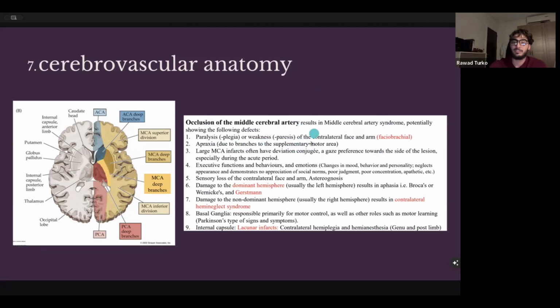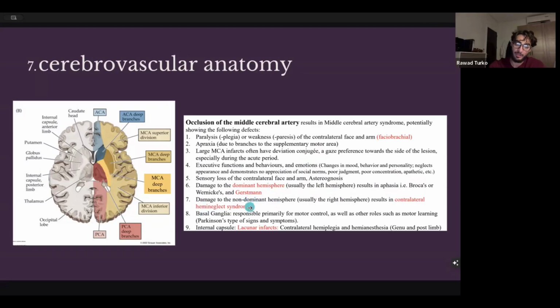Apraxia, again because of the supplementary. Just think about the cerebrum that we studied before. All of the Brodmann areas there that could be affected by an MCA stroke, those are the signs that you're going to see. For example, if it's damage to the dominant hemisphere, then you're going to see Gerstmann syndrome, or it's going to be aphasia if there's Broca's, if there's Wernicke's, and if it's non-dominant, then you could